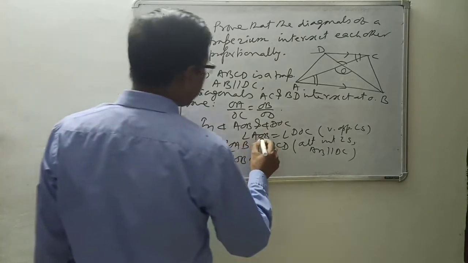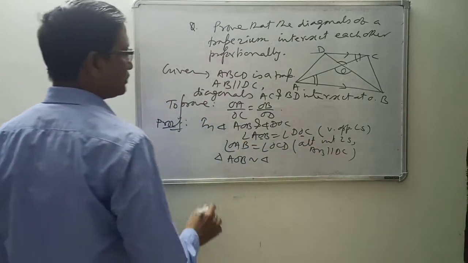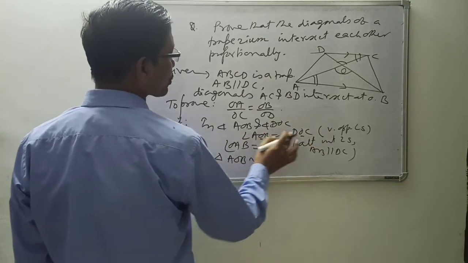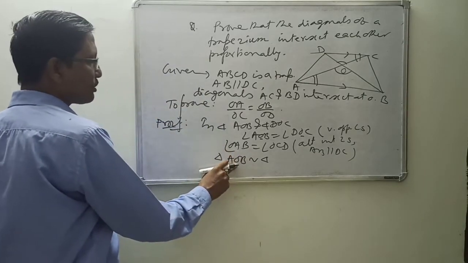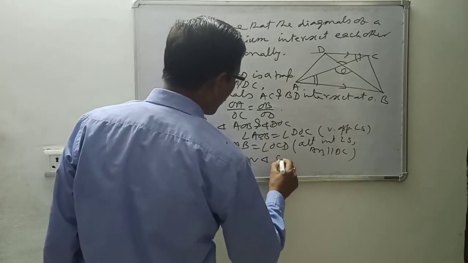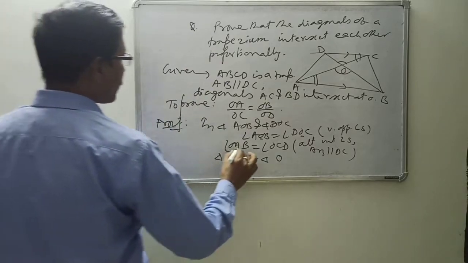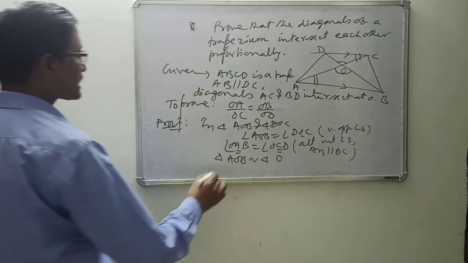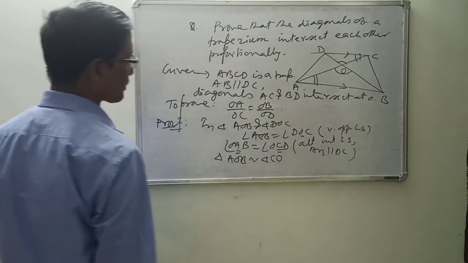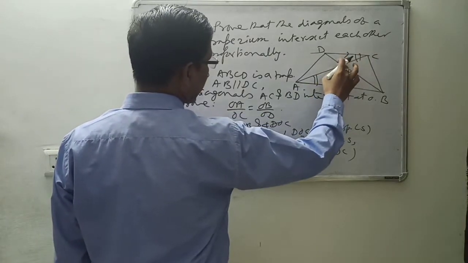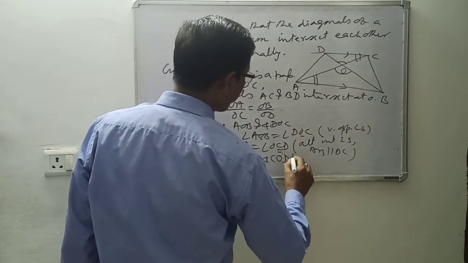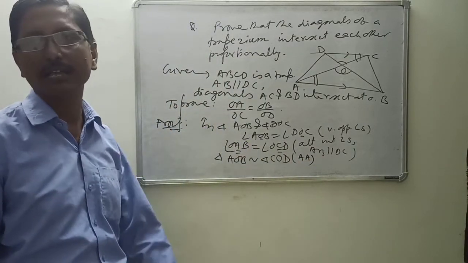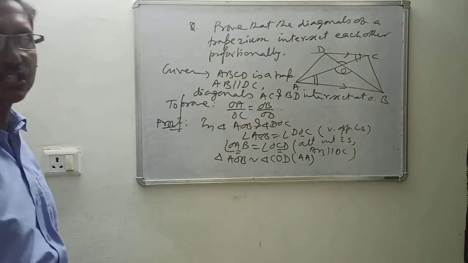How? Angle O is equal to angle O, AOB is equal to DOC. That means point O corresponds to point O. In the first triangle, O is in the middle, so in the second triangle O will also be in the middle. In the first triangle, angle A is equal to angle C of the second, so A first means C will be first there. So you get first, second, and the third is left, D, by the angle criterion. And since the two triangles are similar, their corresponding sides are proportional.